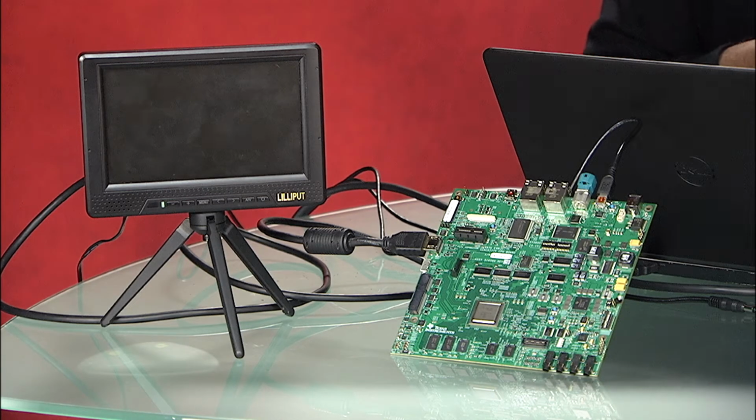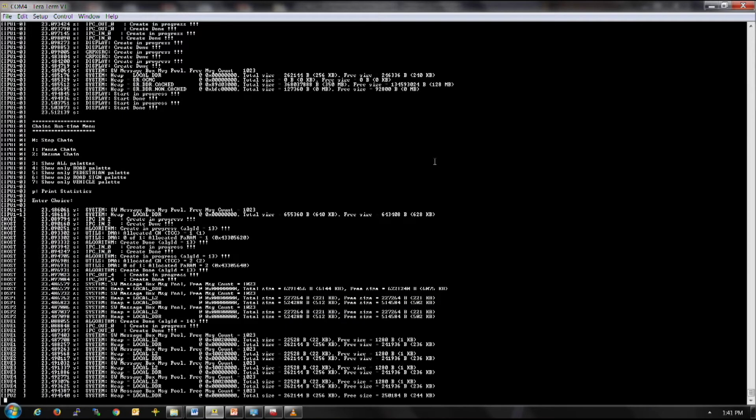Now let's come to the application. For running the application, we need to load the application in the SD card. These binaries are compiled by default and available as part of the Vision SDK release package. I will leave a link towards the end on the actual directory where these binaries are. But we need to take these binaries and load them in an SD card. So I drop the SD card into my laptop.